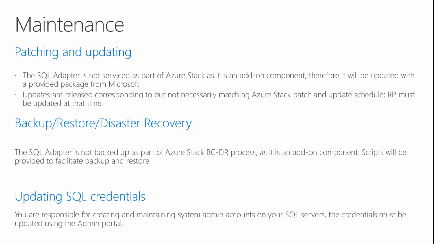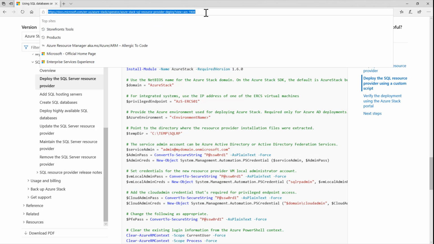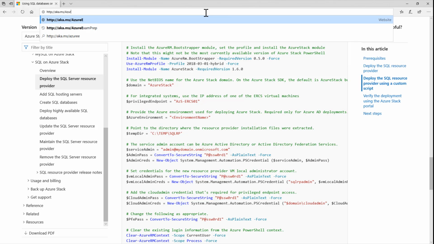Okay, so we've talked a little bit about maintenance. Let's see what else we're missing here. We've covered the patching and updating. Backup, restore, disaster recovery. So the SQL adapter is not backed up as part of the Azure Stack BCDR process because it's an add-on component. So we don't have any scripts exactly, but I do have this. So let's go back to the website here. And just recently, I made a web blog, and it's called